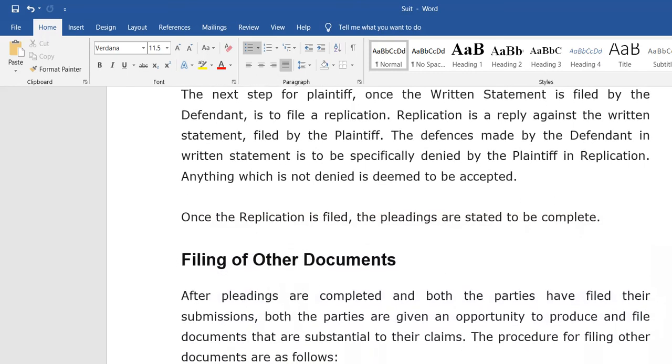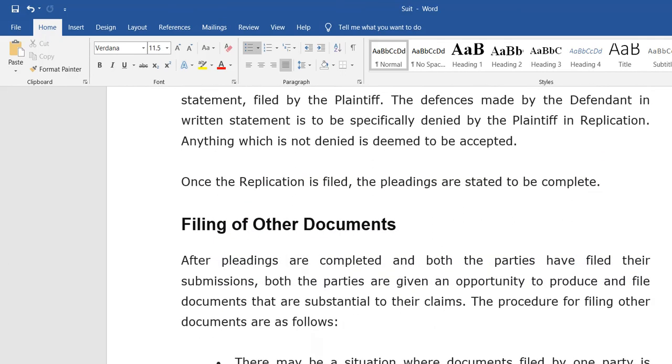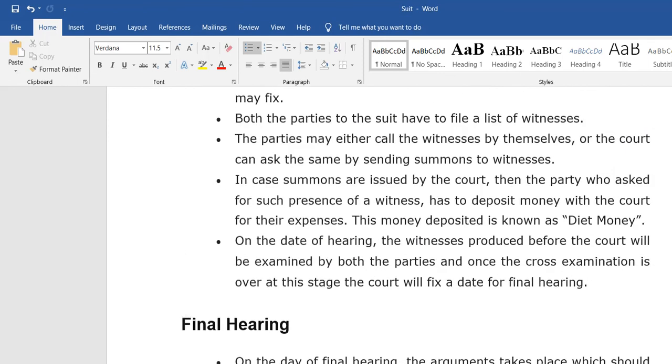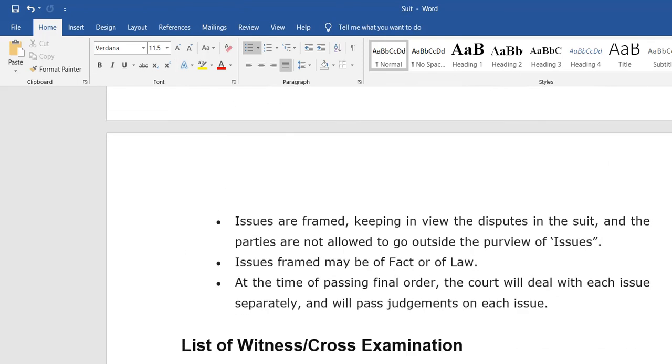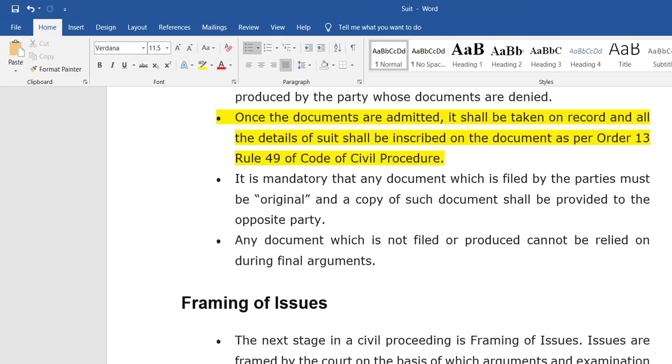So the thing here is, what supporting documents are required for that? Here we can see all the documents should be original, and based on Rule 49 of the Civil Procedure Code, record details should be inscribed, and any document which is not filed or produced cannot be relied on during final arguments.